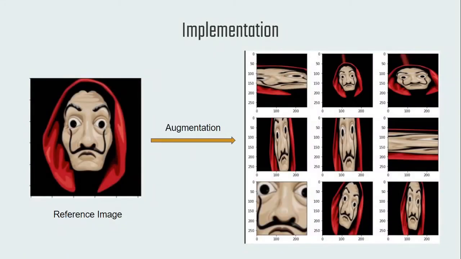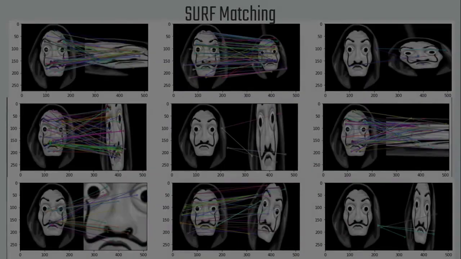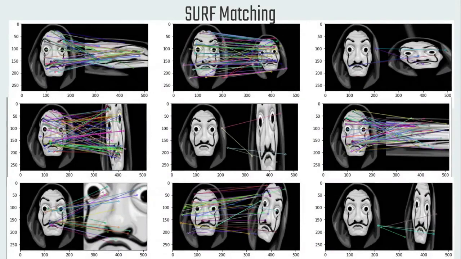So this is how SURF is implemented. First we have an image, and then there are different types of augmentations possible. We try to stretch the image or rotate the image to see whether our descriptor or detector is invariant to rotation. These are the results we obtain from our code, which will be given in the description. We can see that the SURF matching is done properly, irrespective of whether the image is upright, rotated, scale changed, stretched, zoomed in, zoomed out, etc.